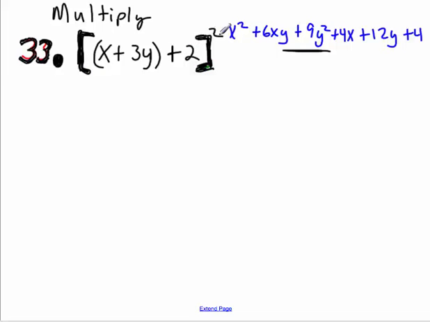Okay, so we have this quantity squared, and so it's just this times itself, right? So we have x plus 3y